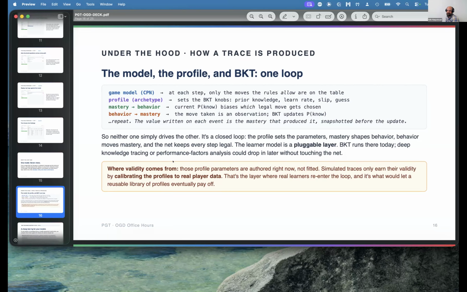Because that's a lot of what we do with AFM and PFA and stuff: checking, is our mapping of KCs actually bearing out in what we see in human players? That flow would be really interesting to explore with something like this. It's also, I think, a really challenging thing to do in games currently. Paul and I put in a proposal about that.